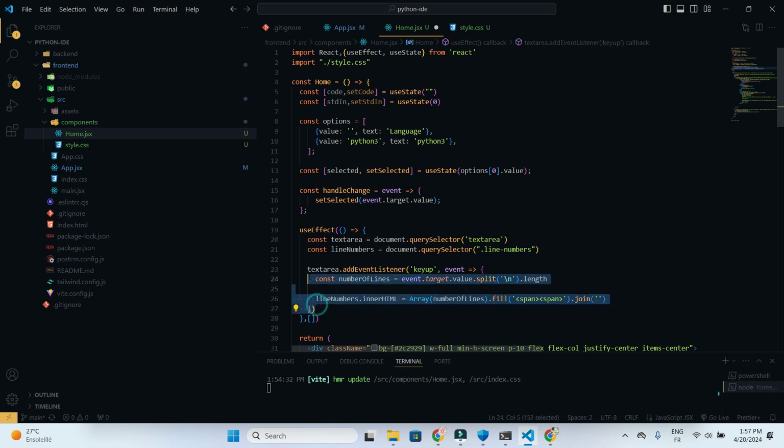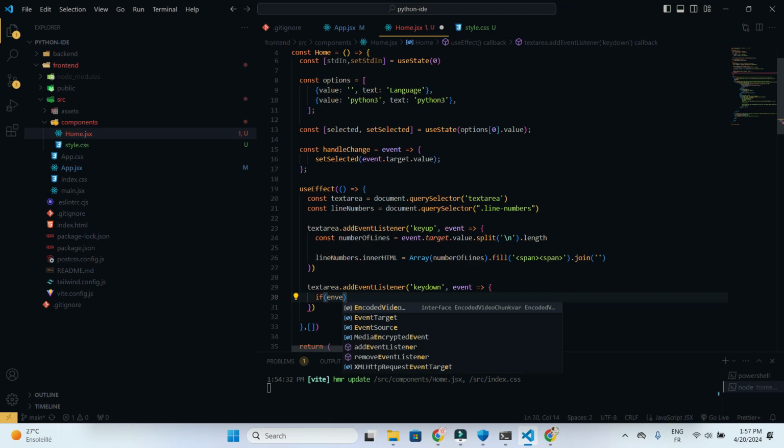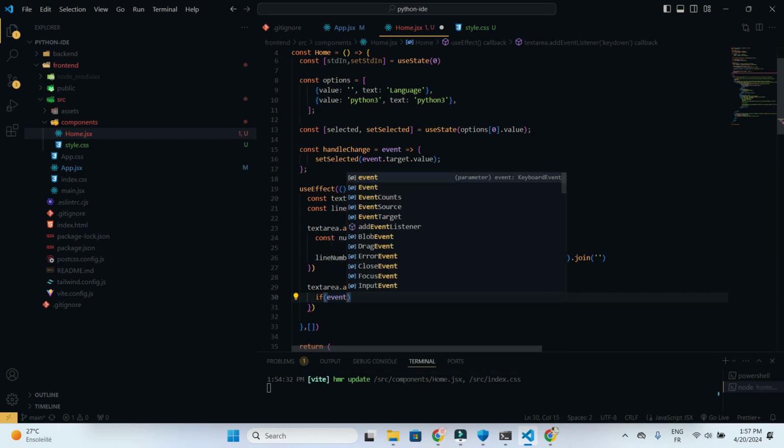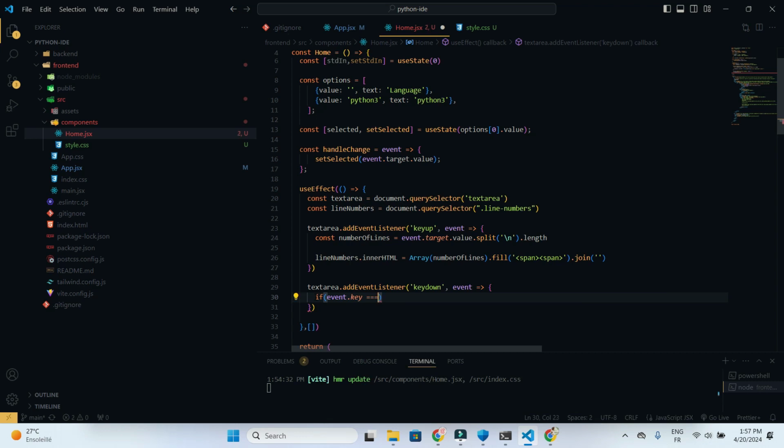We also need to add an event for the keydown. Copy and paste, and you change it for keydown. And this time, we say if the event.key equals Tab,